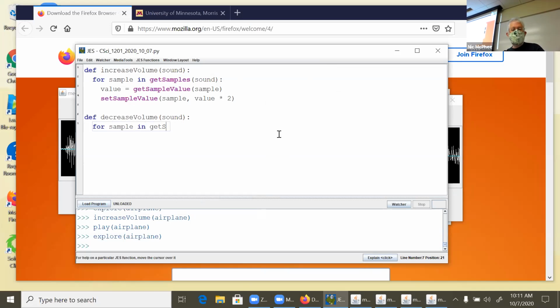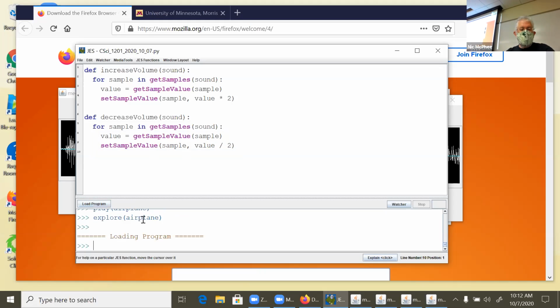Sample in get sample sound. Value equals get sample value, sample set sample value divided by 2.0. No, say 2, because that needs to be in. So basically the reverse of what we did when we increased the volume. And now if we decrease volume,